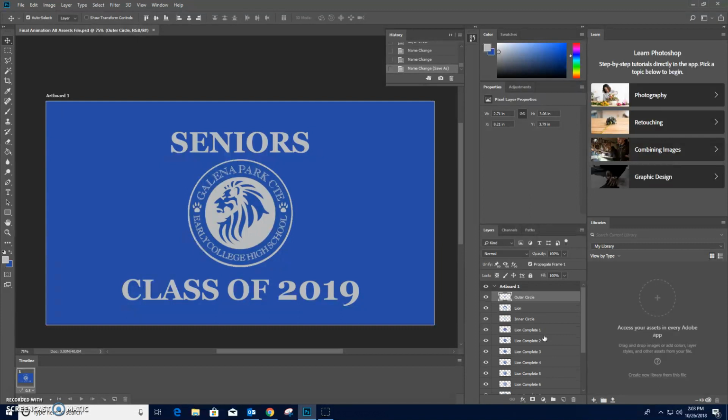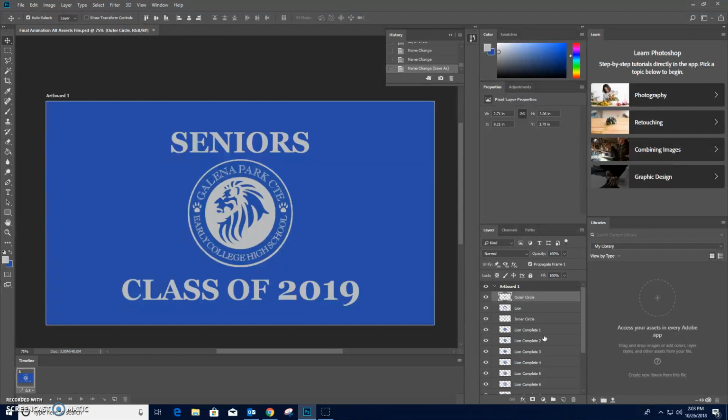And you need to think of any kind of animation process that you're going to do as a series of layers, and not so much a series of moving layers around. You can move layers, but when you do that, a lot of times, if you make changes to those layers, it's going to affect other